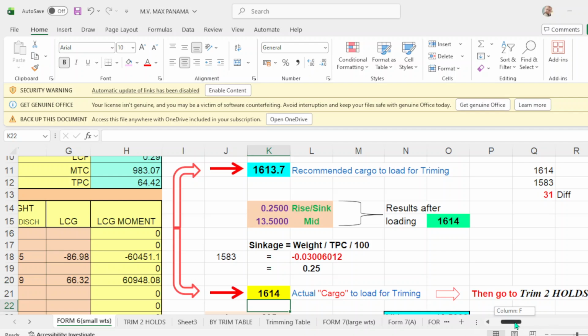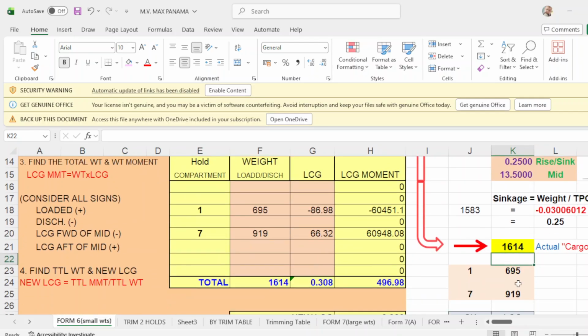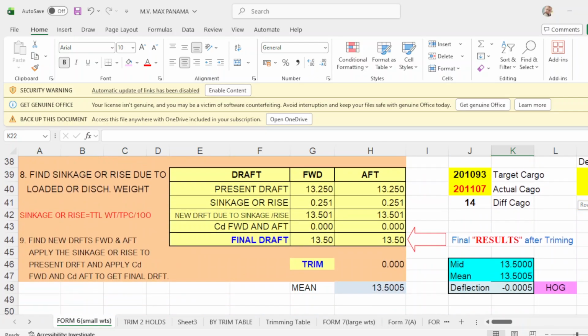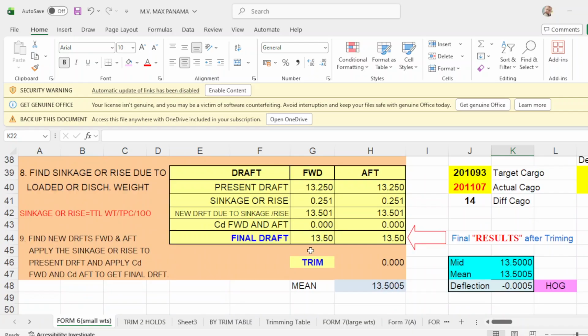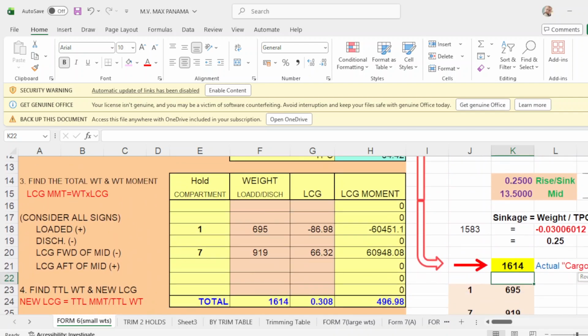And take note here, you load in number 1 of 695, apply the LCG, and number 7 is 919, apply the LCG, and your departure drop would be forward 1350, up is 1350, your 0 trim, your main is 13.50, and you have 0 deflection. Now take note, again,